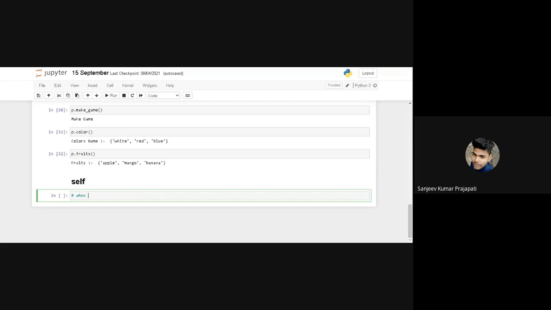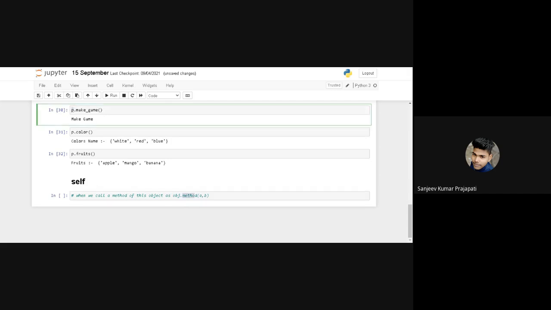So next, self. When we call a method of this object as obj dot method, we pass two arguments a comma b. Do you know how to create an object? So this is my object and this is my method. In this section, p is my object and make games is a method.